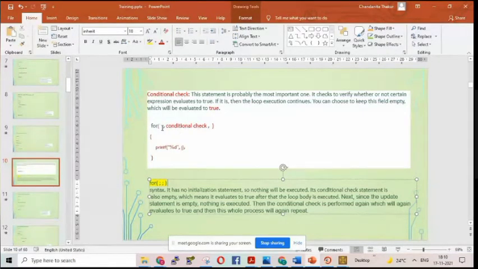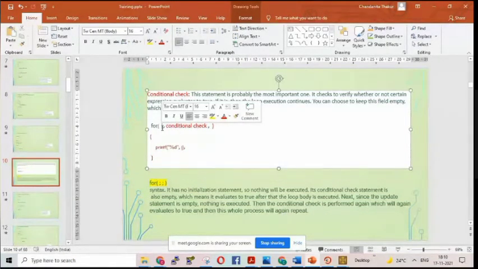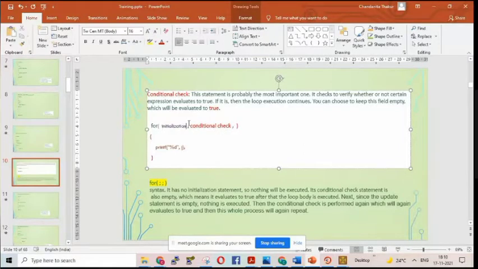See, at the beginning of for we give initialization. Next is condition check, and last one is increment or decrement.